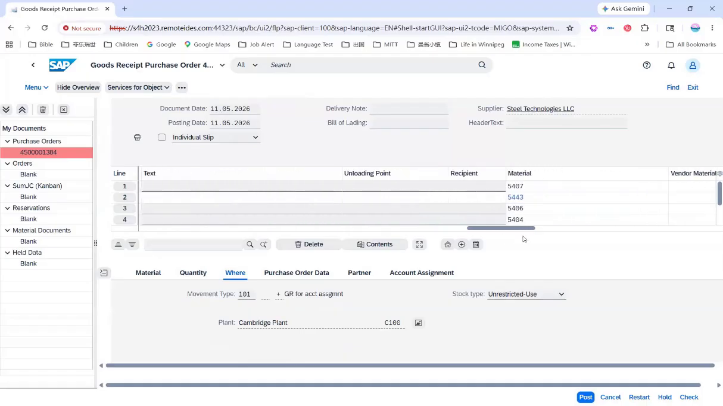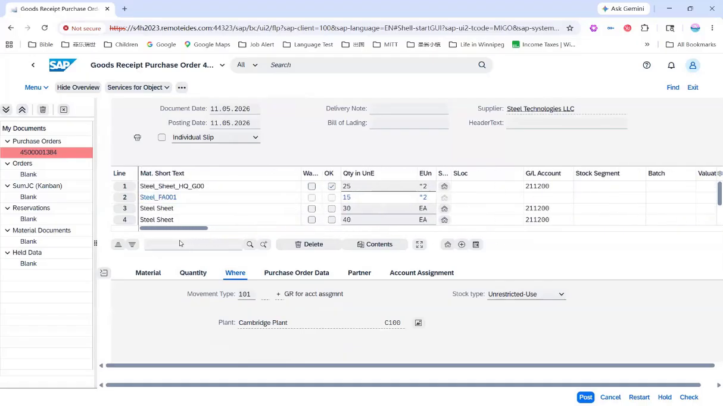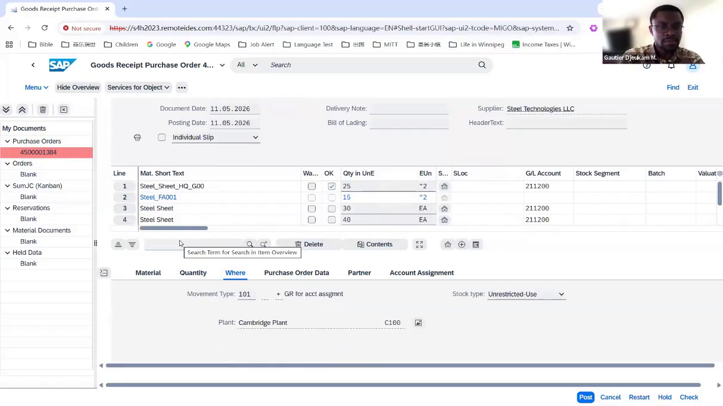How to? We need your help. Where do we select storage location here? So if you scroll down from your where section,